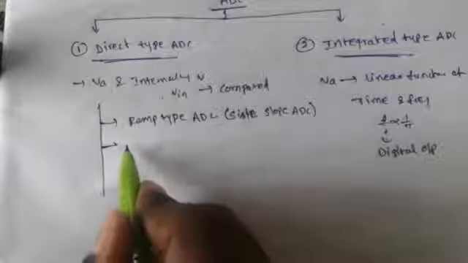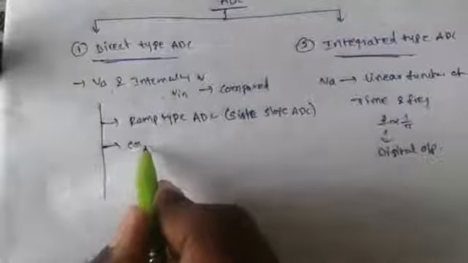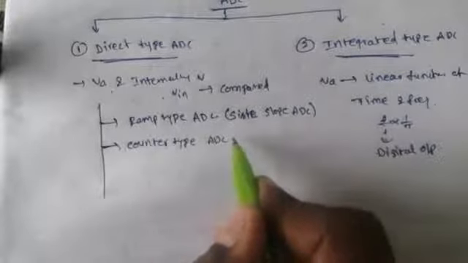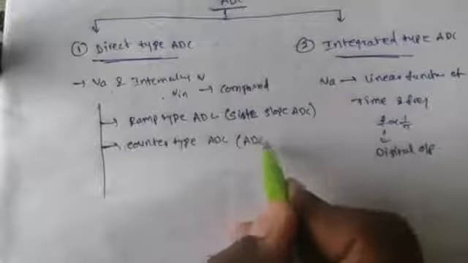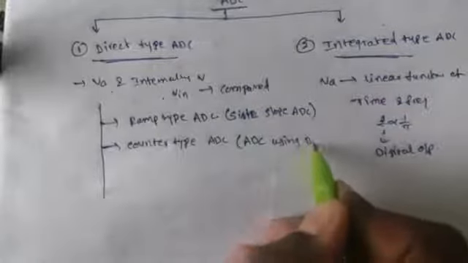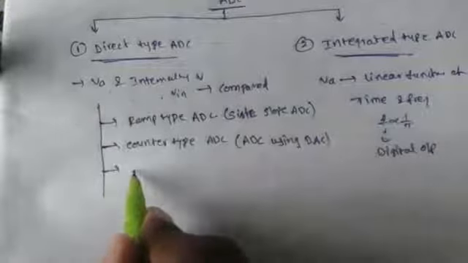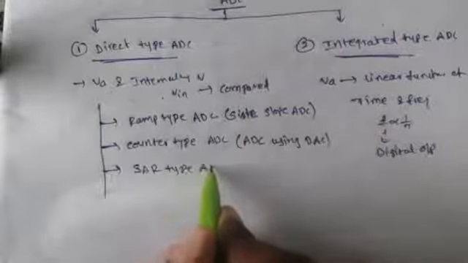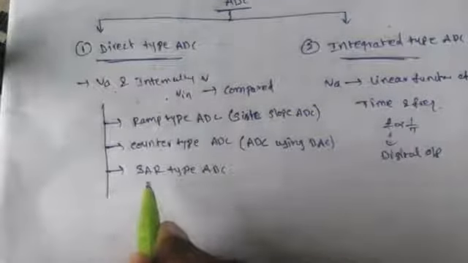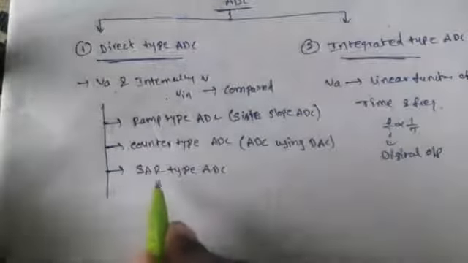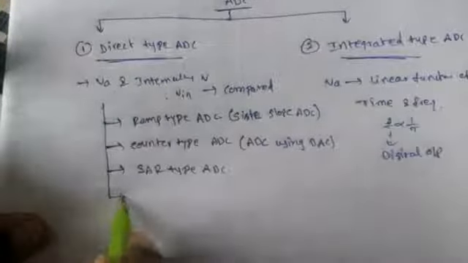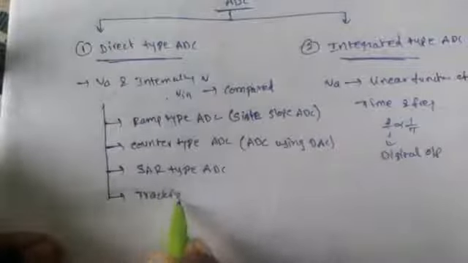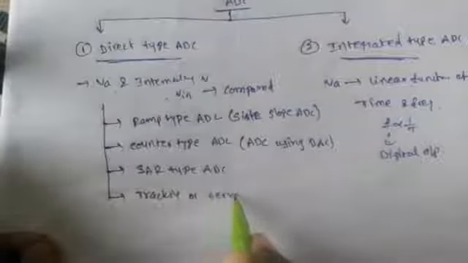To overcome its drawbacks, the modified form is explained as the counter type ADC, also called ADC using DAC. Another one is the SAR type ADC, SAR meaning successive approximation register type ADC. And similarly we will discuss the tracking or servo converter,